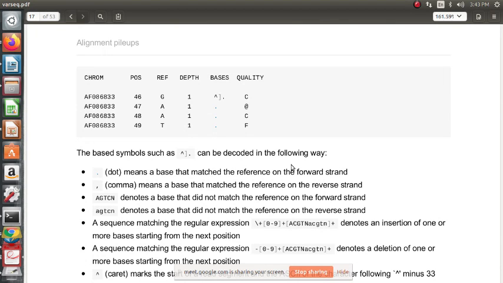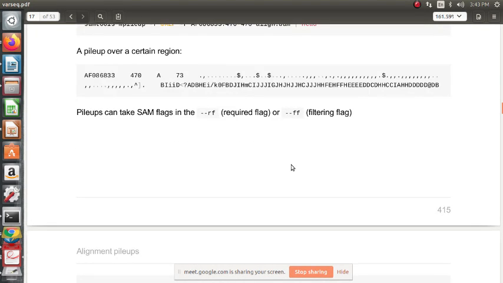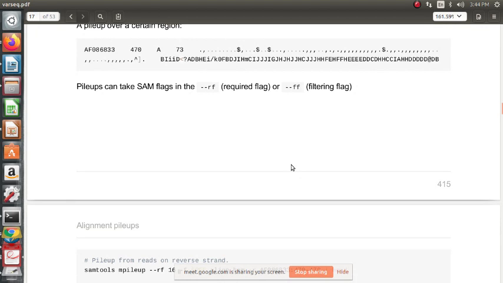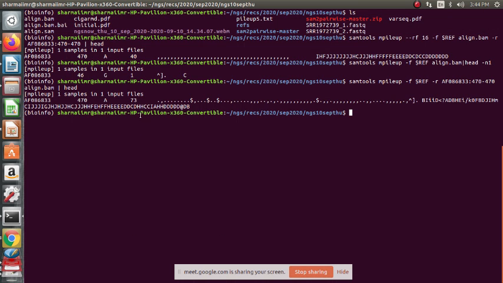That is going to be the bases, 1 2 3 4. Sorry, that's going to be depth, right? So 73 reads align to this position. At this position, 73 reads align. But here, how many reads align? In the case of required flag 16, what can we say about 40? And what can we say about the difference, 73?